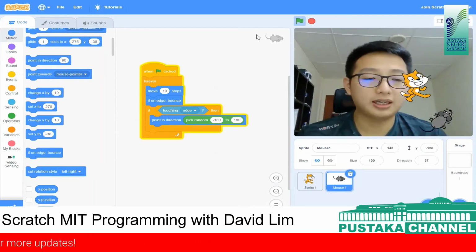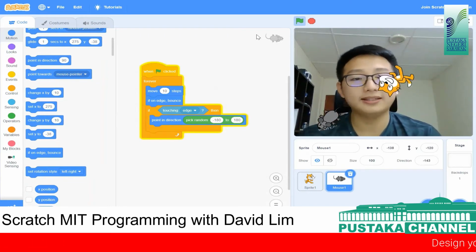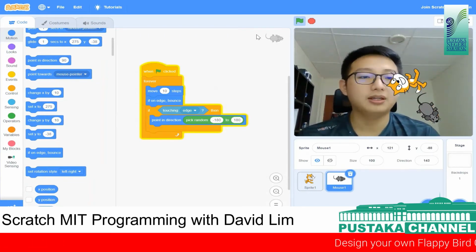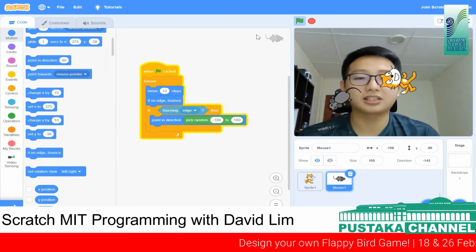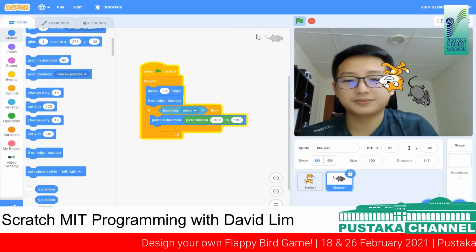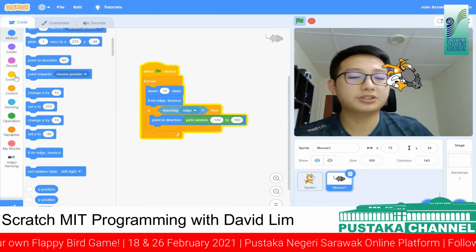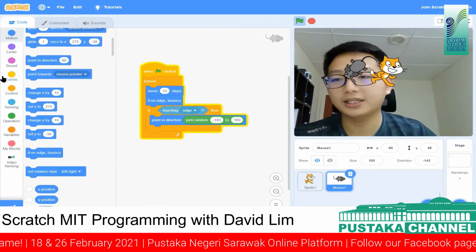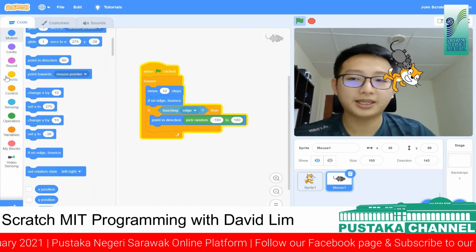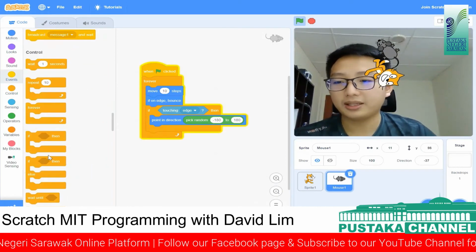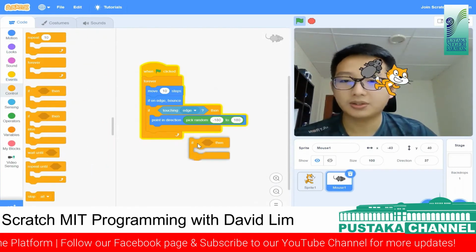So what we need to do in the next step is to make the mouse able to sense the cat and disappear once the cat successfully touches the mouse. What we need to do is the same as touching the edge. We need to check if the mouse is touching the cat or not. So we take another if conditional block,